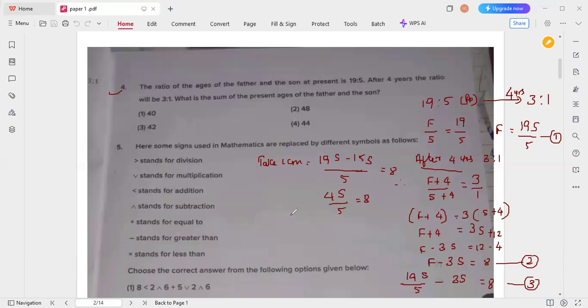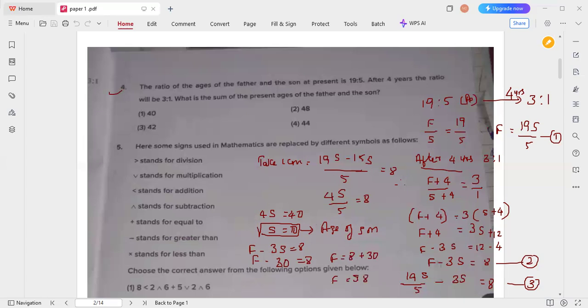Okay, so now 4S = 40 and S = 10. This is the age of the son. Coming to the father's age, F - 3S = 8. The value of S is 10, so F - 30 = 8. So F = 8 + 30, that is the father's age is